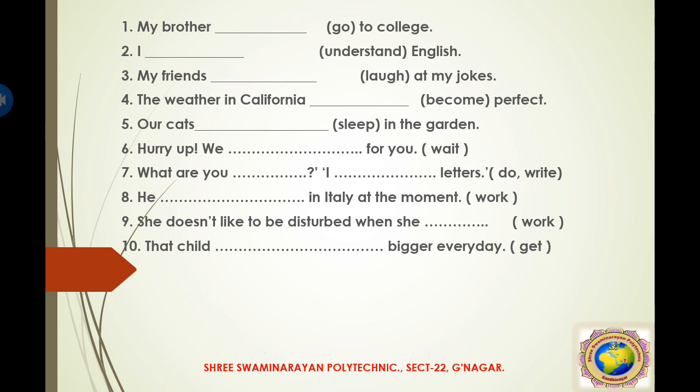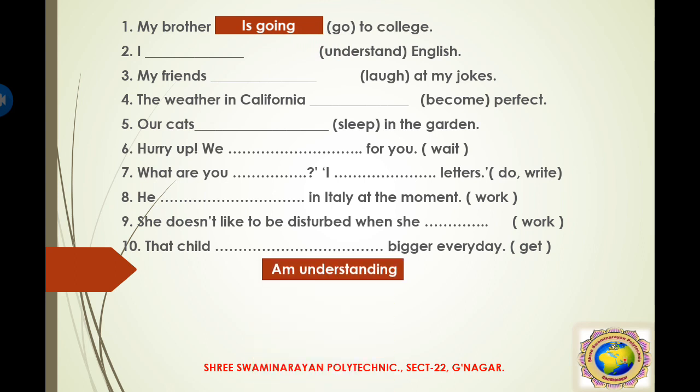So what happened here? My brother is third person singular. So here is, and the ing form of go is going. So, is going to school. Here is is used because my brother is a third person singular. So he, she, it or any name we are using, is is a helping verb. Go is a base verb and ing is to be added. Okay, simple.